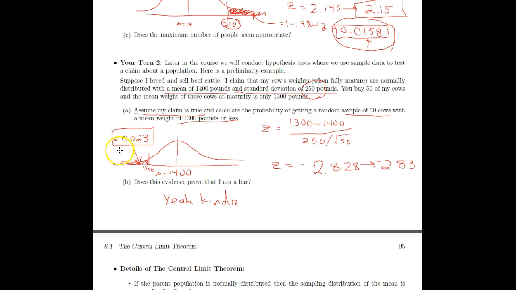And this probability is something we're going to play around with. Like, what is a really low probability that we would say, okay, you're a liar? I don't know. Is 0.1 going to be a low enough probability? Probably not. What about 0.01? Yeah, maybe. So generally in statistics, we consider 0.05 to be that threshold. If you're under 0.05, we say, yeah, you're probably a liar. That's really improbable. Or if it's 0.05 or higher, we say, that's not strong enough evidence to prove that.